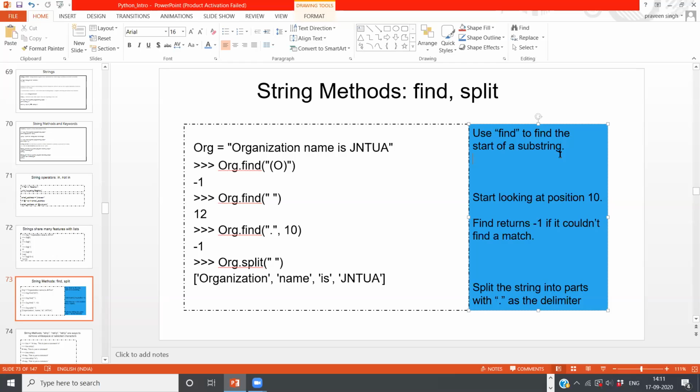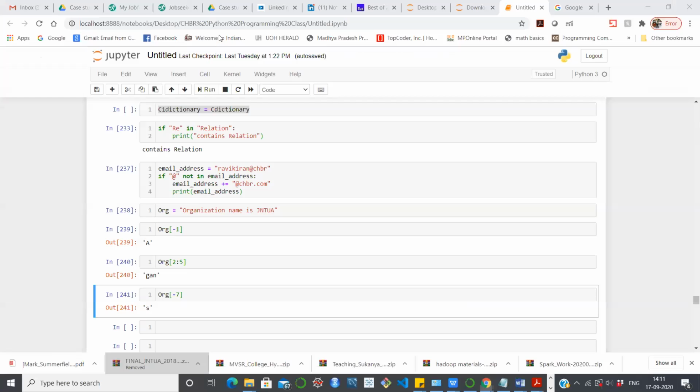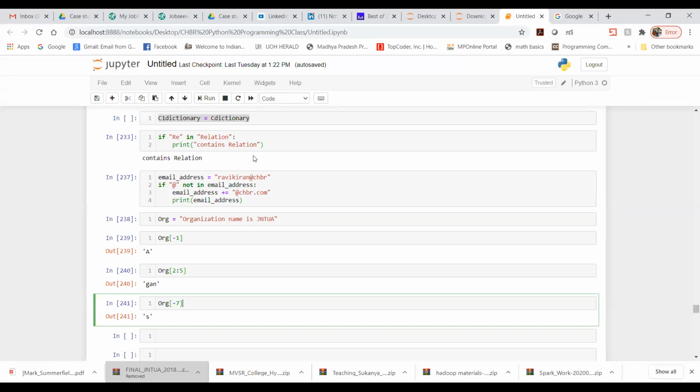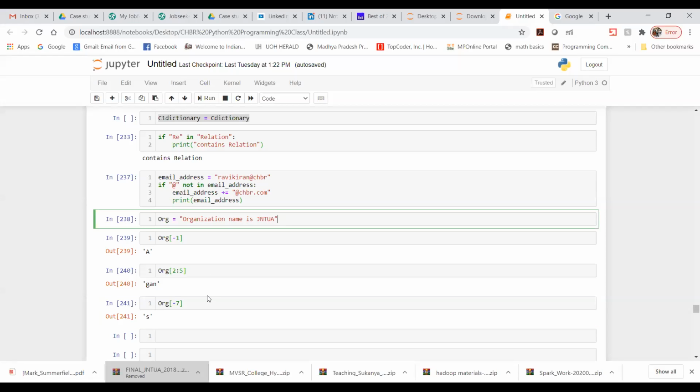Now let me perform the same string operations on the notebook. We already have this org in our hands.